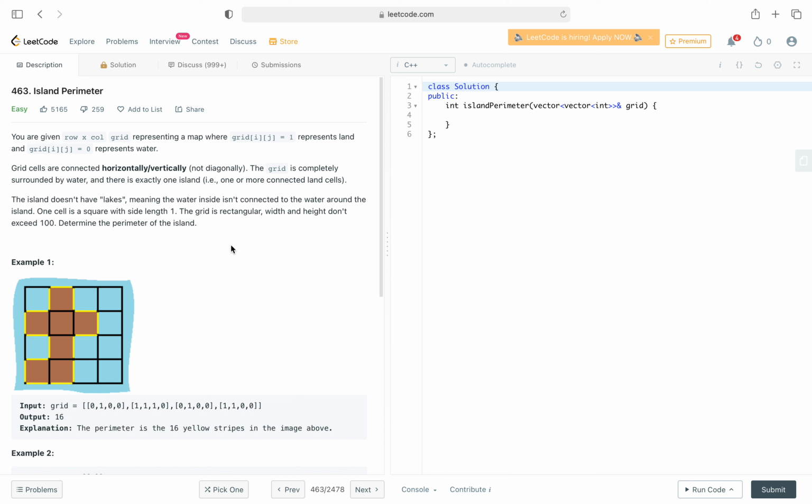Island perimeter. You are given a row-by-column grid representing a map, where grid[i][j] equal to 1 represents land, and 0 represents water. Grid cells are connected horizontally and vertically, not diagonally. The grid is completely surrounded by water, and there is exactly one island, that is one or more connected land